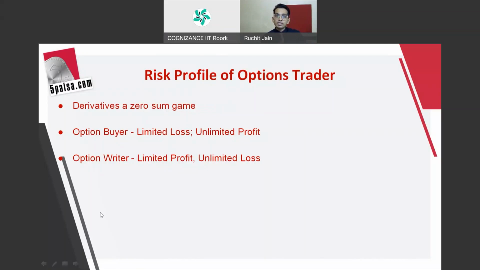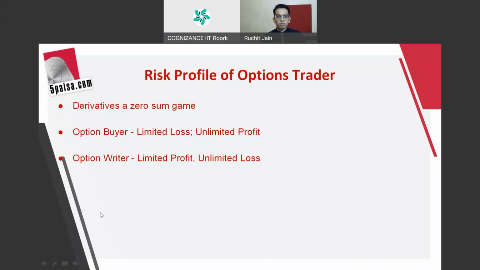But if the Reliance stock price goes down, you have bought a call option, right? So you have said that the prices should go up. But if the Reliance Industries price goes down, then what will happen? The call option prices will also go down. The call option premium will also go down, correct? And the maximum the premium can go down is to zero. The 5,000 rupees premium which you have paid to buy that option reduces, right? If the stock does not move in your favor till expiry, then it can go maximum to zero.